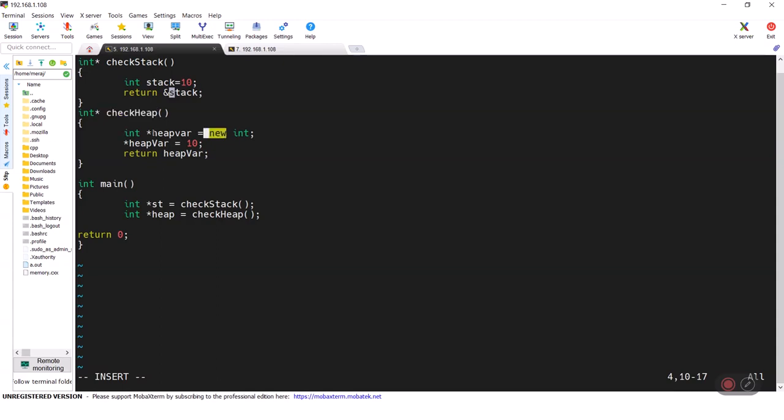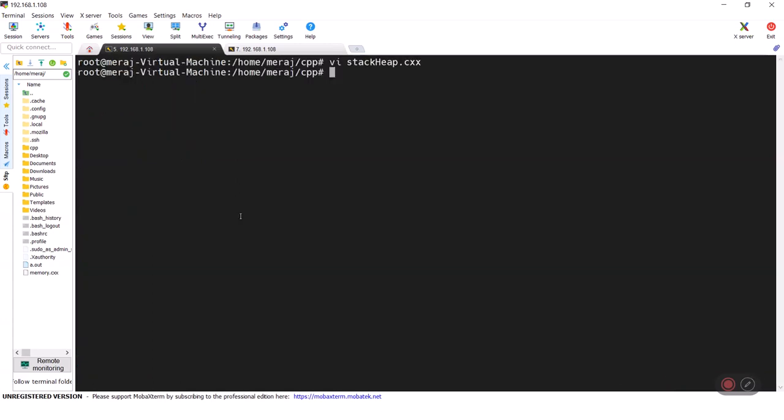We have a pointer to an integer variable, we assign a value 28, and we return this pointer from check heap. Inside main, we access the pointers returned from check stack and check heap: int star st is equal to check stack and int star heap is equal to check heap.